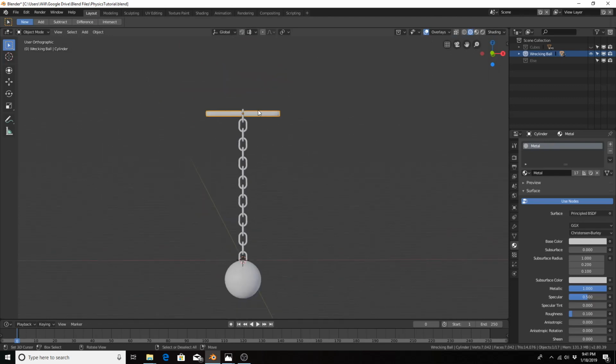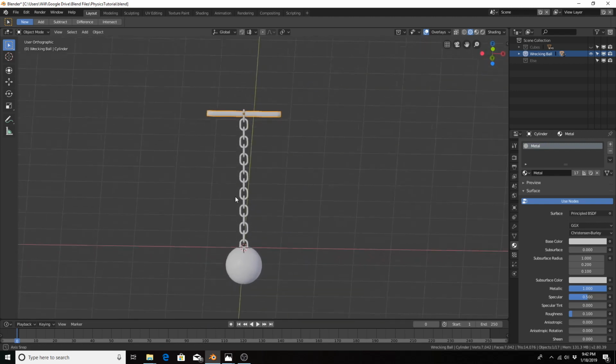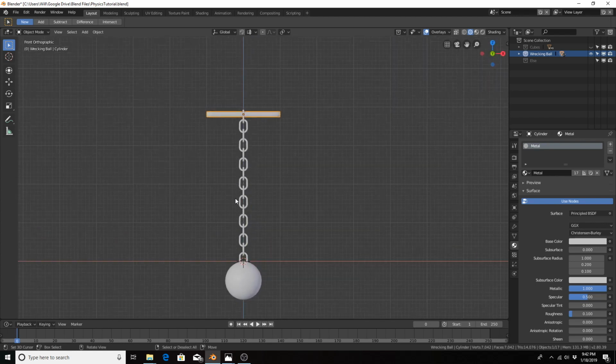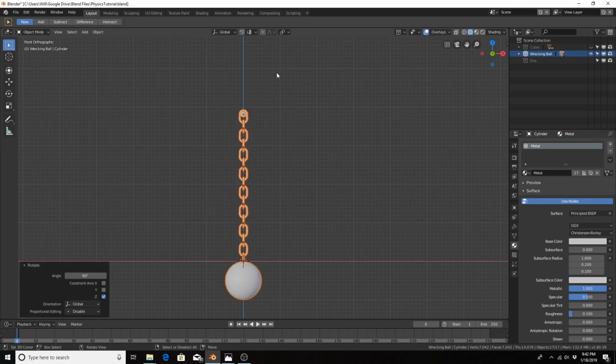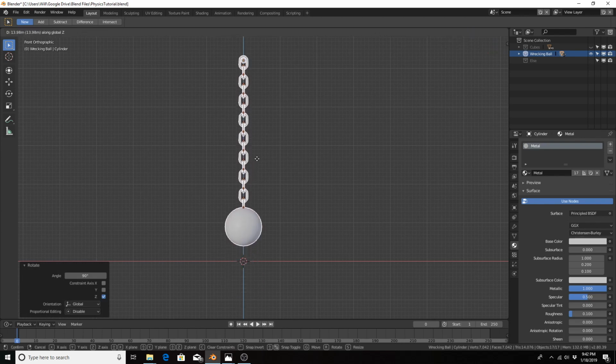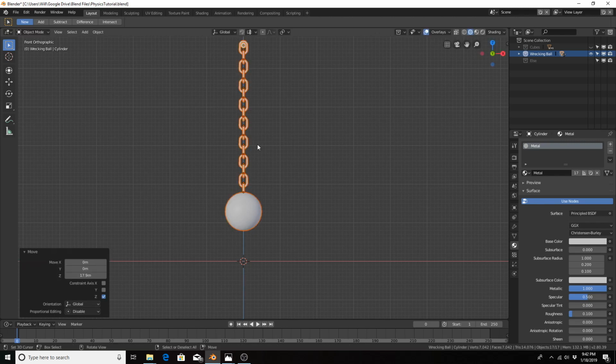Actually, I'm going to rotate it 90 degrees because I want it from the front, I want it to come from the left, swing from the left. So I hit 1 for front view, B to box select all that, hit R to rotate, Z for Z axis, 90, enter, hit GZ to lift everything up. Just trying to guess if the x-axis is the floor and there's a little bit of slack in the chain right now. This probably should be where